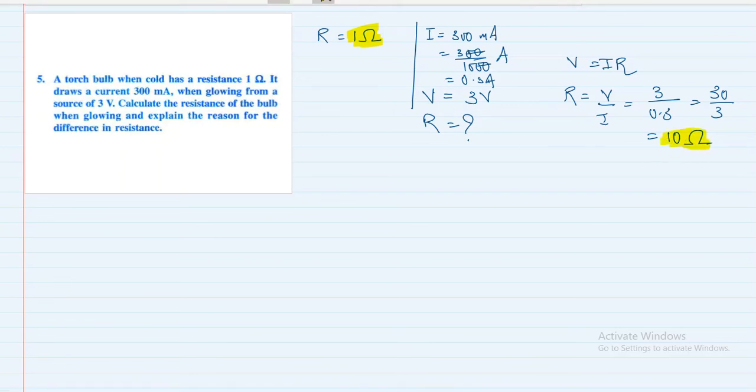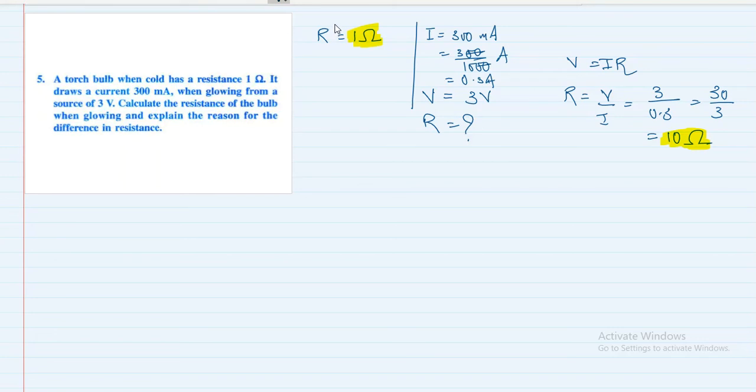Can you tell me why is this difference? What is the reason behind this difference? एक ही फिलामेंट है ना, उसका हमने लेंथ बढ़ाया ना उसकी थिकनेस को कम किया, कुछ भी नहीं किया, फिर भी रेजिस्टेंस 10 टाइम्स हो गया। क्यों हुआ ये? Sir, because resistance increases with an increase in temperature. वेरी गुड, रेजिस्टेंस इंक्रीजेस विद इंक्रीज इन टेम्परेचर।